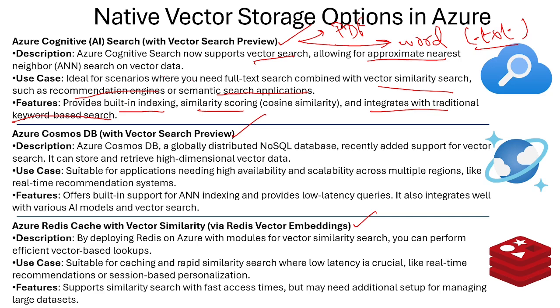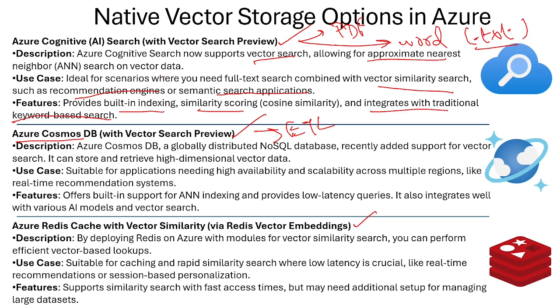Now, speaking of the second native vector storage option is Azure Cosmos DB. Azure Cosmos DB is a globally distributed NoSQL database and has recently added support for vector search. It can store and retrieve high dimensional vectors. So let's say if you're using Azure Cosmos DB for NoSQL API, then in the same database, you can store your document and then your vector embeddings for that document structure as well. So that removes the problem of building various ETL pipelines for extracting, transforming, and loading data into